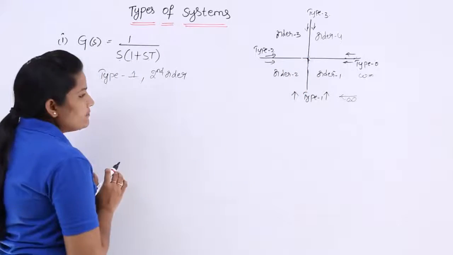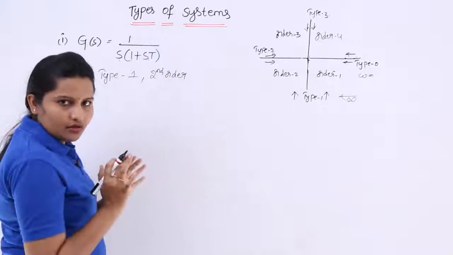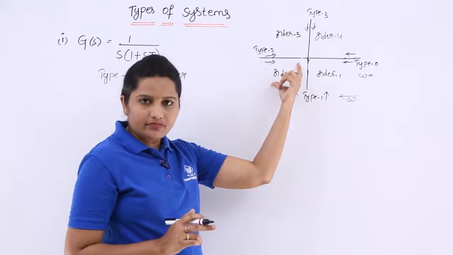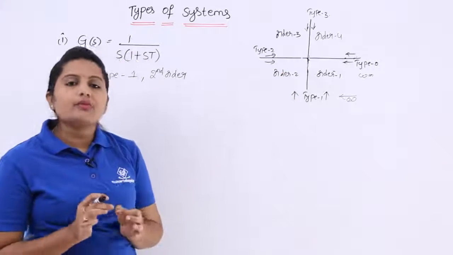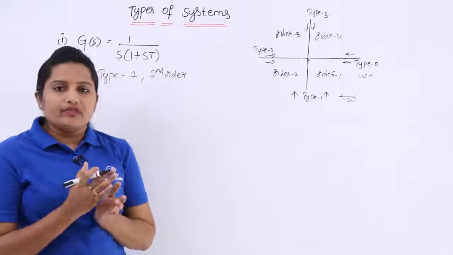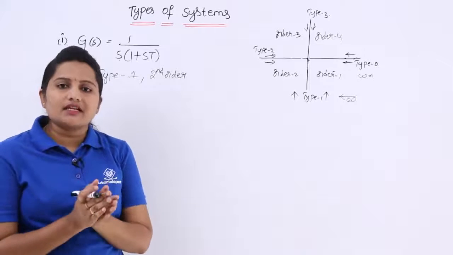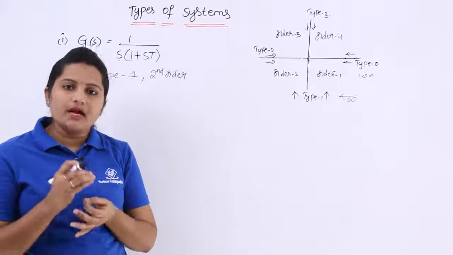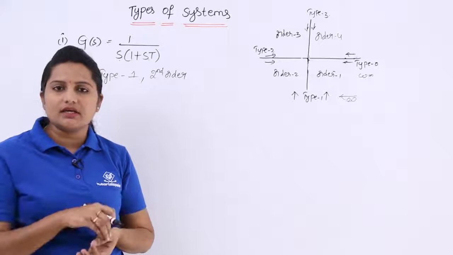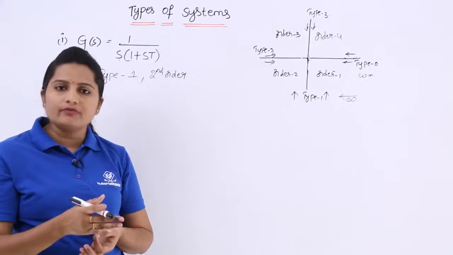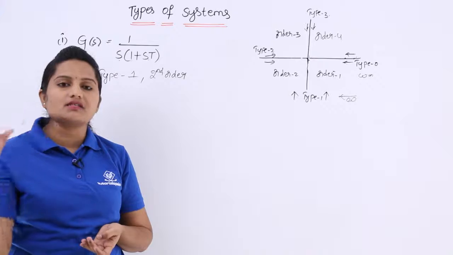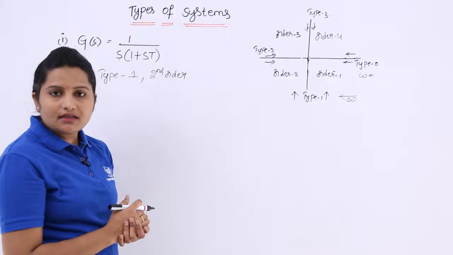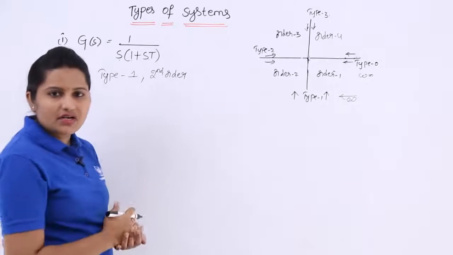Just keep in mind the final plot, you are going to get your plot here. But to draw the polar plot or Nyquist plot, we need to have an idea about the magnitude and phase of the given transfer function. Why? Because the polar plot or Nyquist plot itself is nothing but the plot of the magnitude of the transfer function versus the phase of the transfer function. Now I am going to calculate the magnitude and phase of the given transfer function.